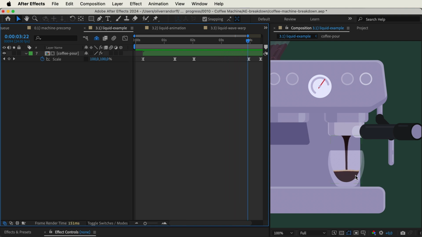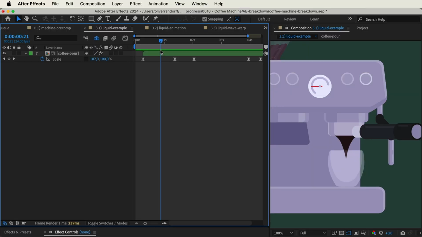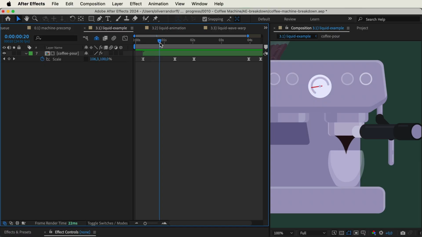And especially when it comes to coffee or espresso, I also want to exaggerate the pull here. So it's almost like it has this syrupy sort of texture that it sticks to the basket before falling. And of course, water wouldn't do this. Coffee doesn't do it to this extent, but sometimes in animation, you have to exaggerate it to really sell the effect. So you can see it sticks a bit here as it falls, and then it moves up again.